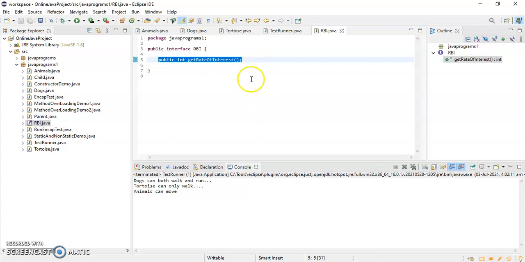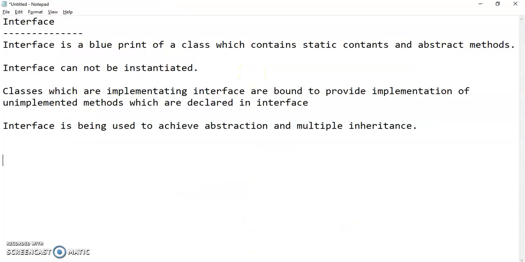I have not provided any implementation, I have not provided any body, right? So when it comes to interface, we have one keyword that is called implements.